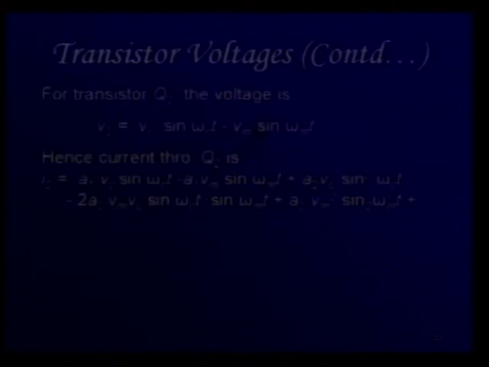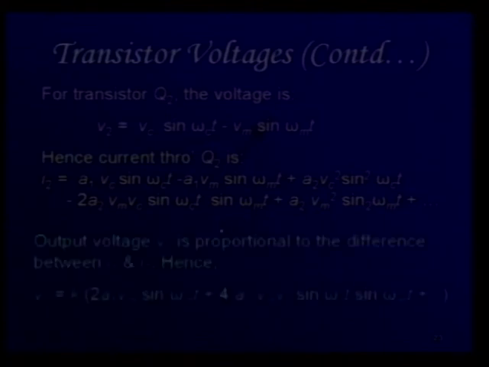Similarly, for transistor Q2 now, as you know, if we are having say positive phase of omega Mt in Q1, then in Q2 we have negative, and hence V2 is nothing but Vc sin omega Ct, which is the common carrier signal, minus Vm sin omega Mt. And so we have a current which is just like the same, except for these 2 terms, where we have minus A1 Vm sin omega Mt and minus 2 A2 Vm Vc sin omega Ct sin omega Mt.